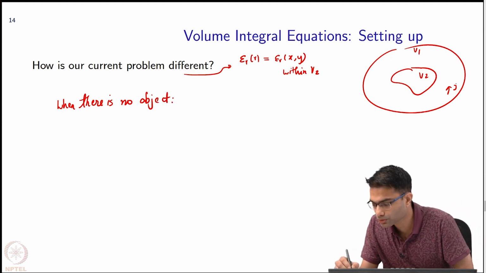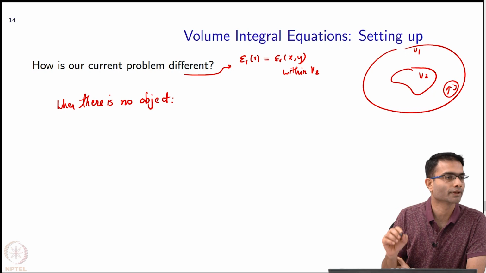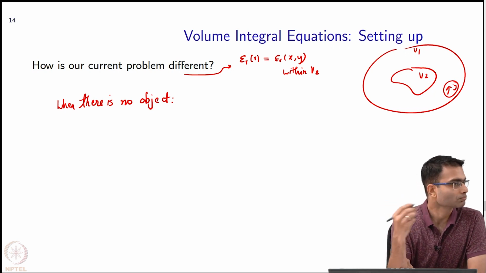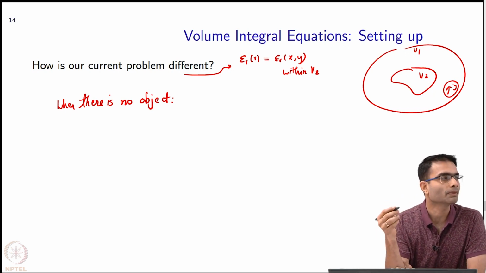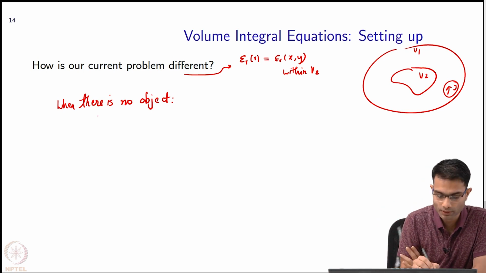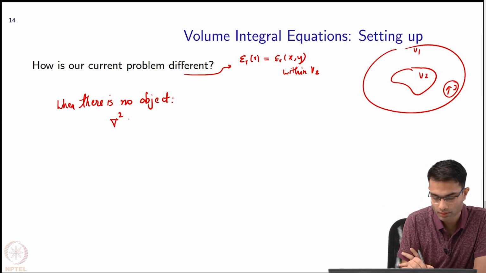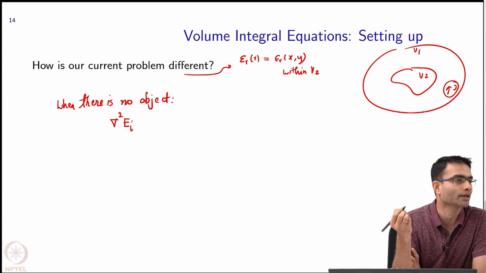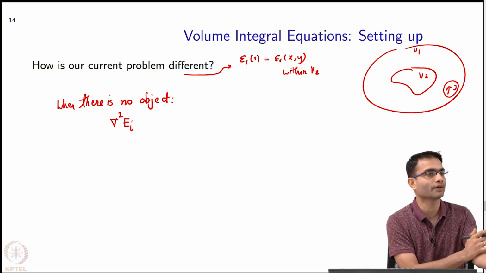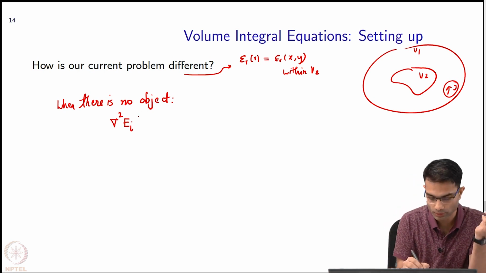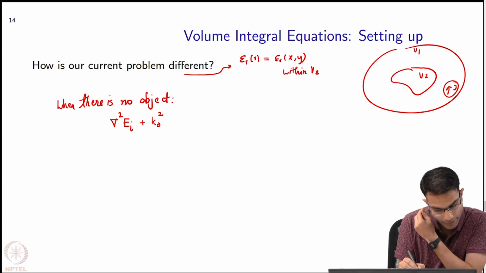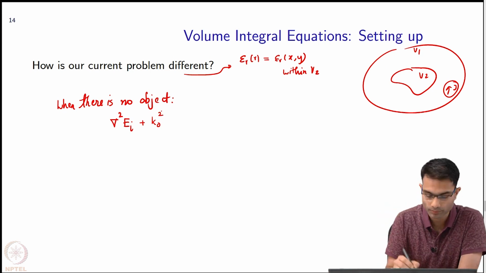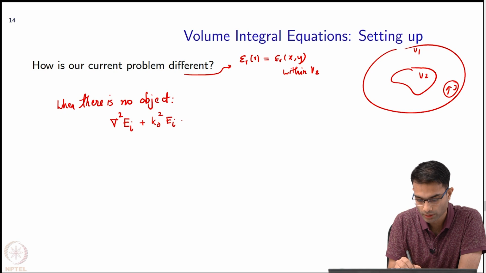Okay, so I have the current source over here and there is no object over here. So what will my Helmholtz equation be? I'll have del squared, let's call it E incident, because there is nothing to scatter the field. So the total field is just the incident field produced by the source. Then next I will write k naught squared, because it's vacuum, E_I